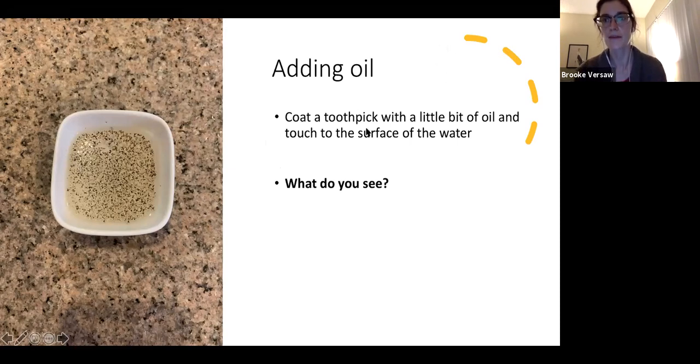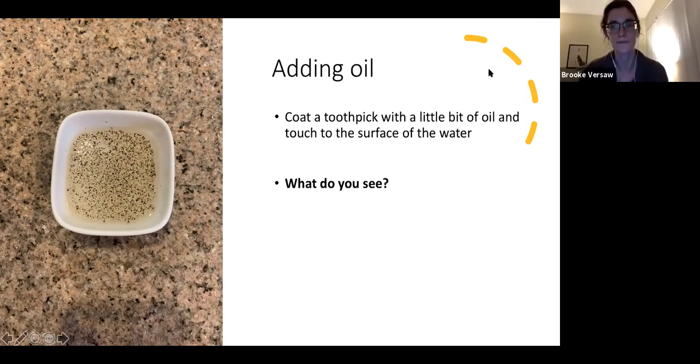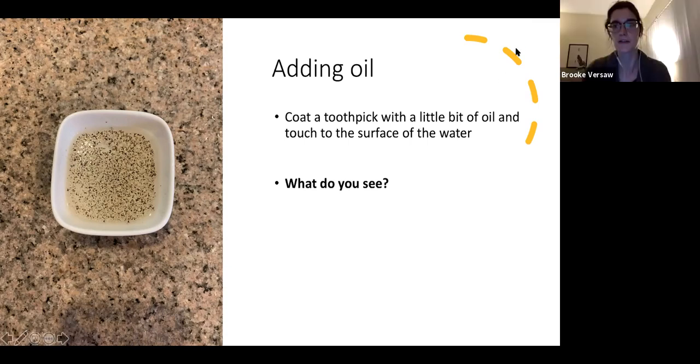I see a hand up. I noticed on mine that there was like a little underwater bubble that won't pop. It just gets smaller and then gets bigger anytime you try popping it. Yeah, that's probably a function of surface tension too, especially if some of the pepper got pushed down a little bit. It skates around. Just a little bit though, right? It kind of stops moving when you stop moving.